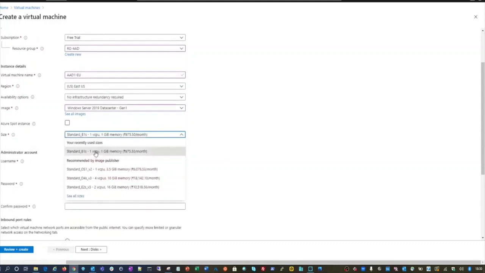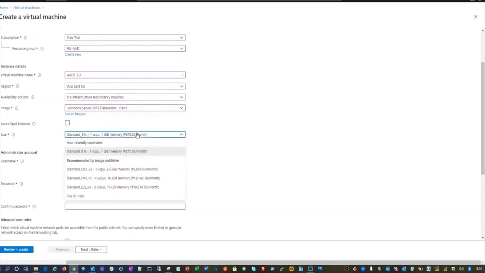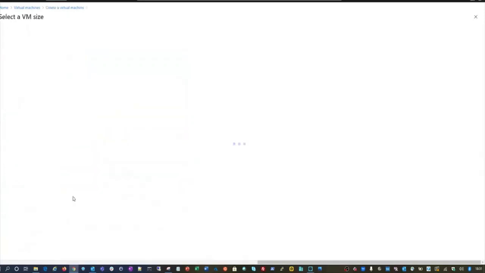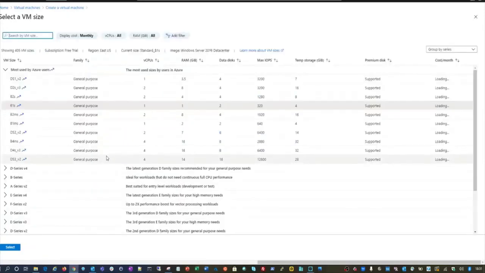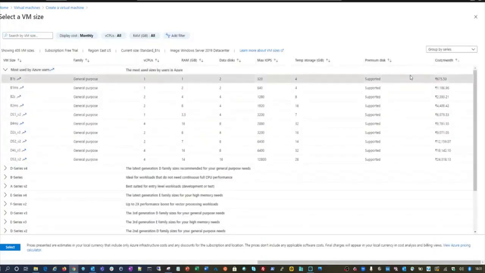I will select it as a minimum requirement because we are not going to use very much. So 1 CPU, 1 GB memory is enough for me, but you can launch it as some good quality VM, or you can just click on all sizes and have a robust VM if you want. Here I'm just looking for something cost efficient, but you can do B2MS, or launch the B1MS as well, where you will find 2 GB RAM and 1 CPU, or maybe you can have a B2S as well. But for now, I will have only B1S as a minimum requirement.